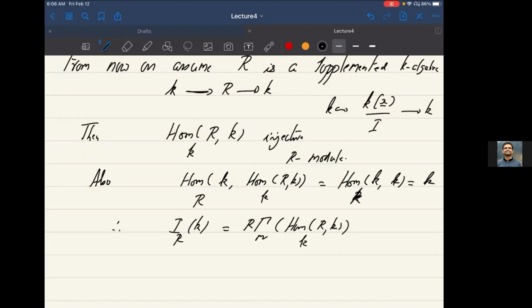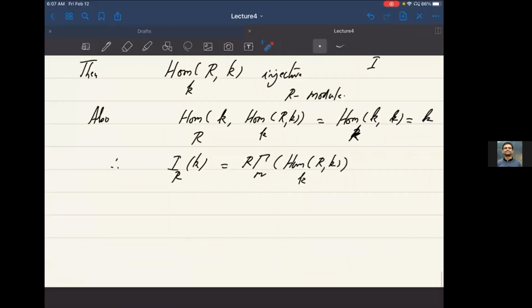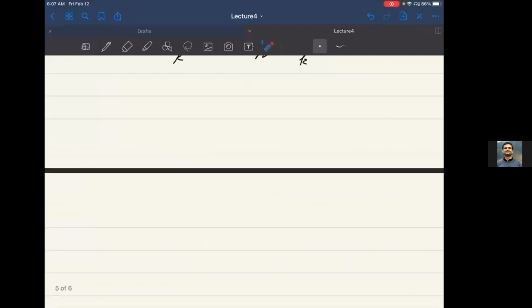Okay. So this is a general computation for any supplemented algebra, that the injective hull has this concrete description. And really you can interpret this as the module of continuous homomorphisms from R to K, where you give a topology on R, which is defined by the maximal ideal, the m-adic topology on R. As it may be, when R is zero dimensional,